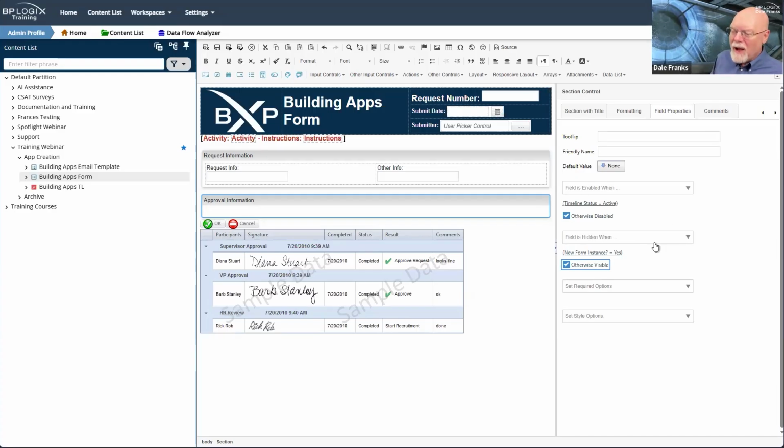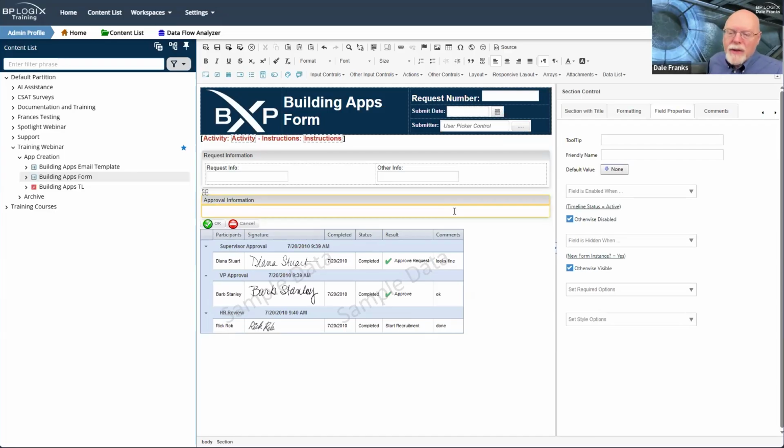So in this case, I'm just going to hide the field rather than hide it or show it whenever new form instance equals false, because new form instance will always be false except for the one time that the form is opened new and a request is submitted. So that makes more sense for me.